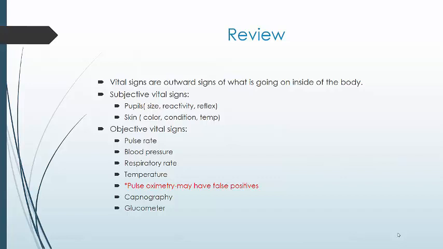So your vital signs are going to be broken down kind of subjective and objective. Your subjective have a little bit of opinion in them. Pupil size, reactivity, whether they're sluggish or fast, skin's color, condition, temperature, things like that. And then your measurable, like your objectives, like your pulse rate, your blood pressure, or your respiratory rate, things like